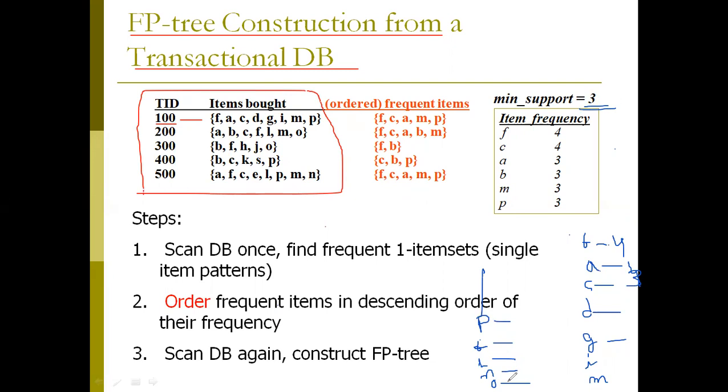Those item sets whose values are equal to 3 or greater than 3, represent within this table. Whichever item set is less than 3, better to remove such kind